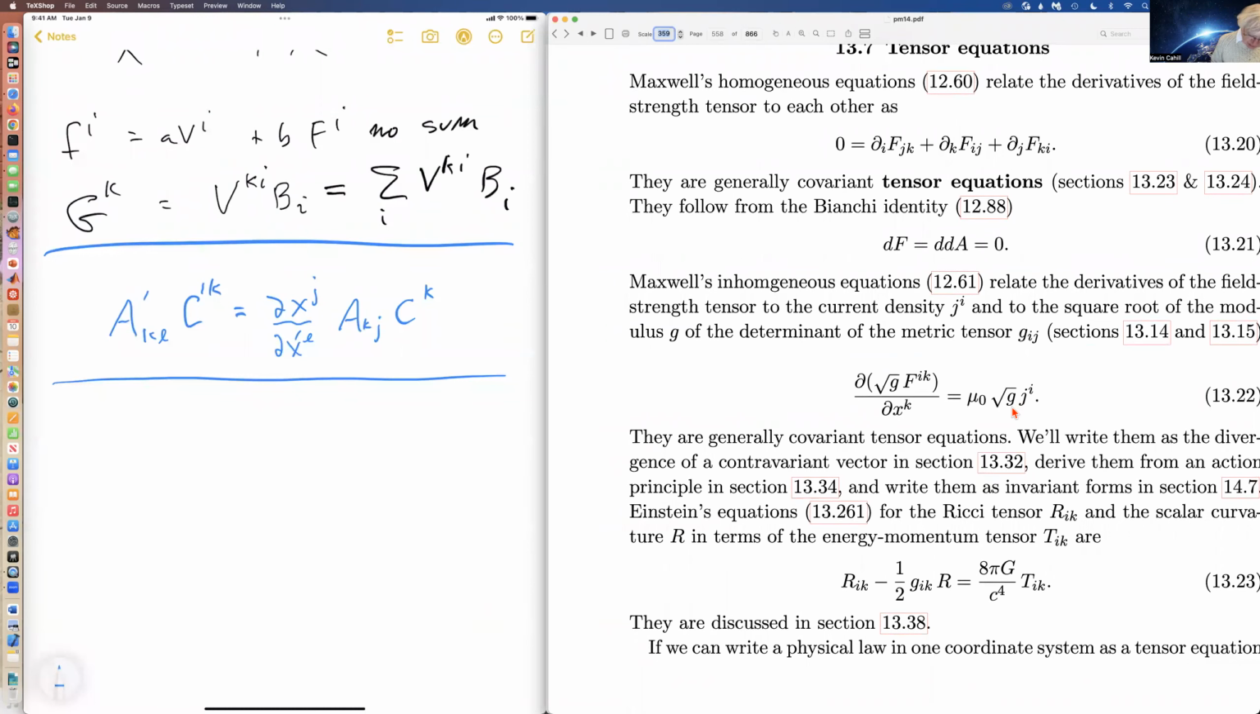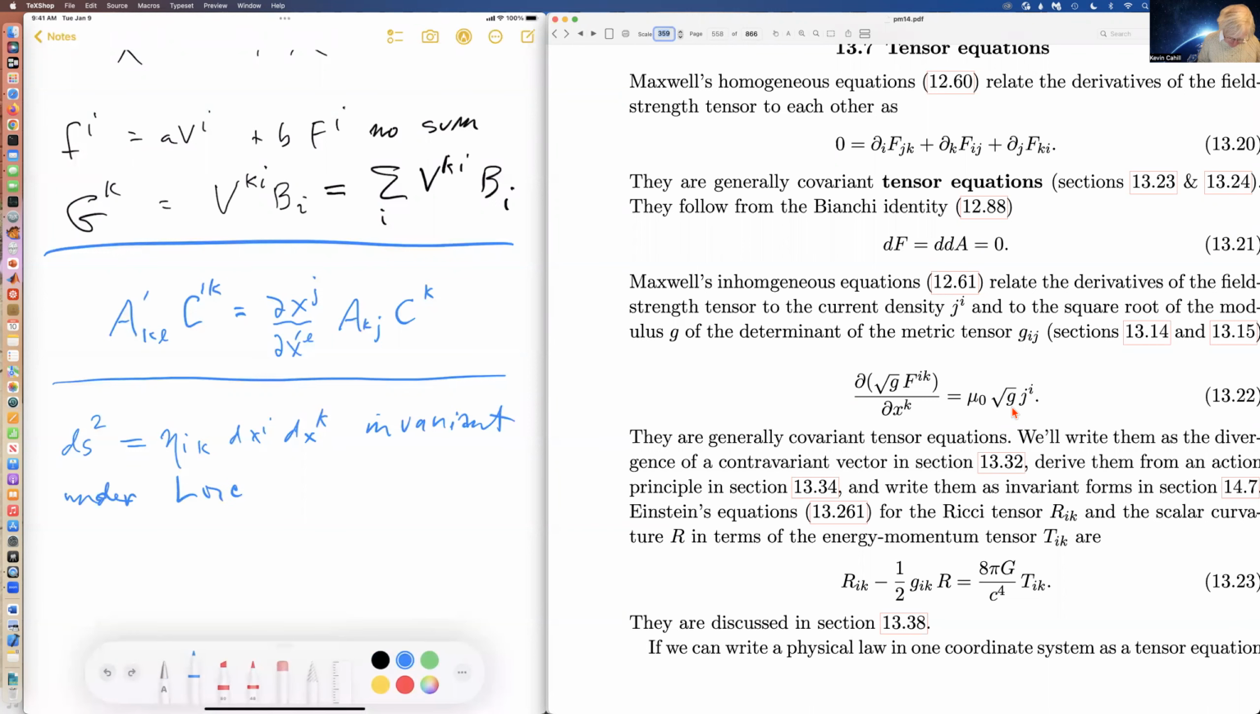One of the insights of Einstein, in 1905, was the insight of special relativity, and part of that was that eta_ik dx^i dx^k, this quantity here, was invariant under Lorentz transformations. So that was his insight in special relativity, where eta,